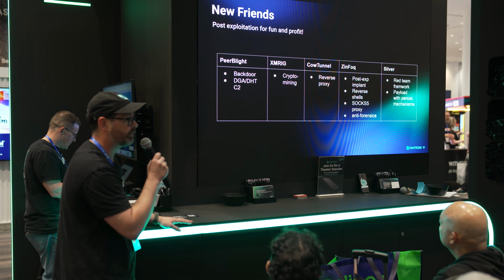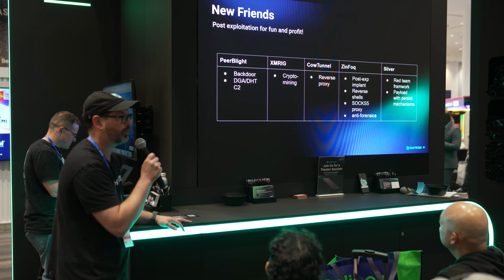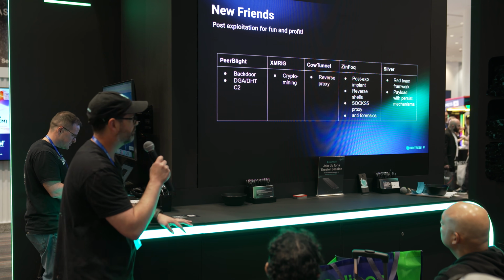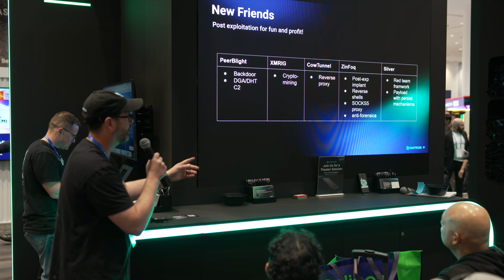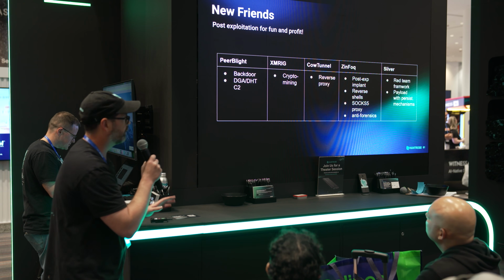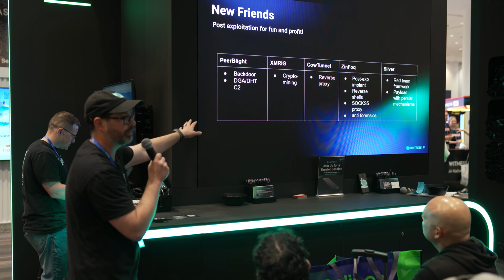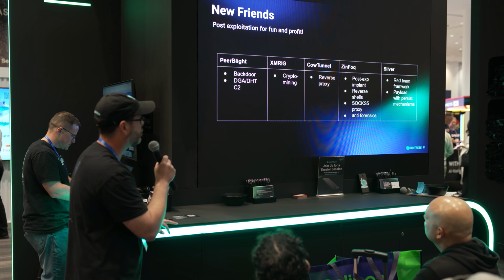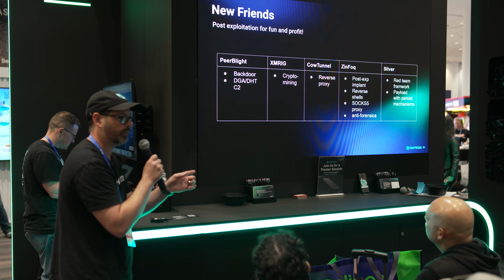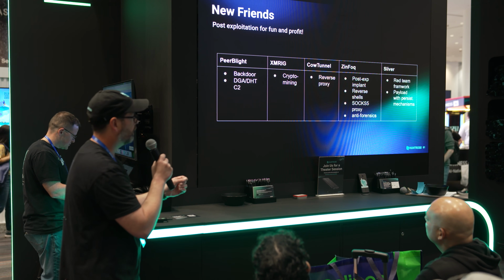The first thing we saw them drop was XMRig crypto miners. So they got in, started dropping their crypto miner and started at least attempting to mine it. Thankfully, we were able to catch that a little early. The second one is a little weirder, which is this PeerBlight malware. It's a Linux backdoor, and what this backdoor does is it tries to set up a C2 communication using a